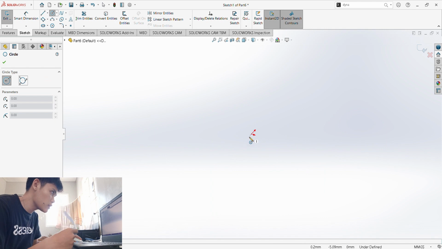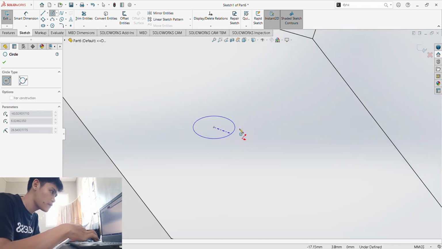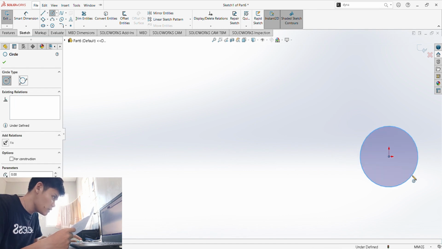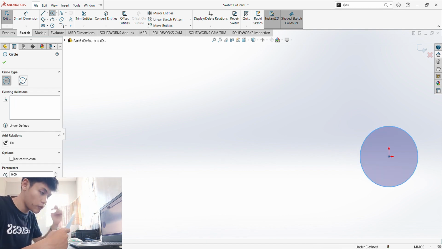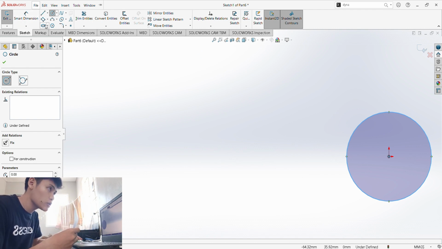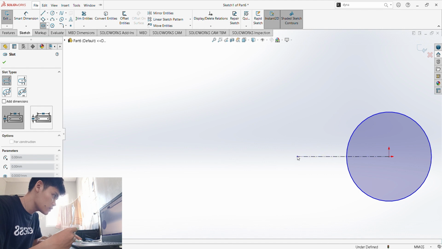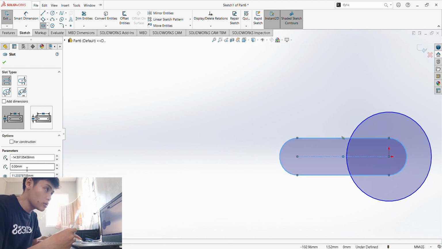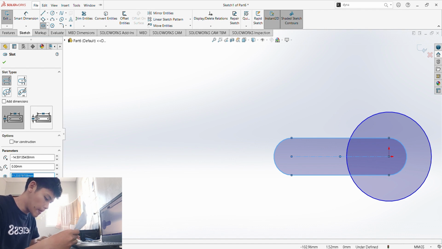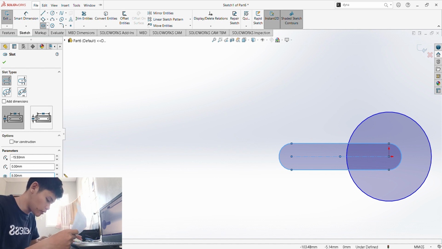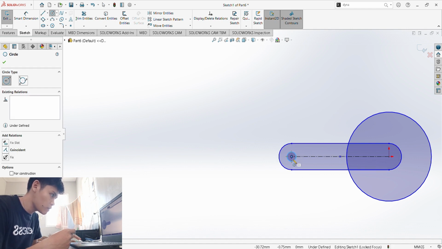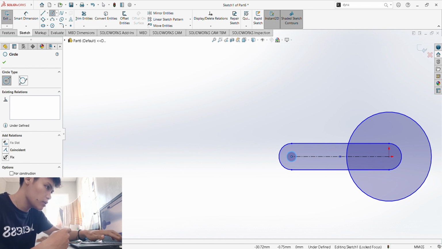So let's go to the top plane, and then let's create a circle right here with a diameter of 27, which means, of course, it's 7/2, which should have this one right here, and should be 31 in length, of course, Control A, 31, and should be 8 in diameter, and then we just have to create a circle right here, which should be 3 in diameter.